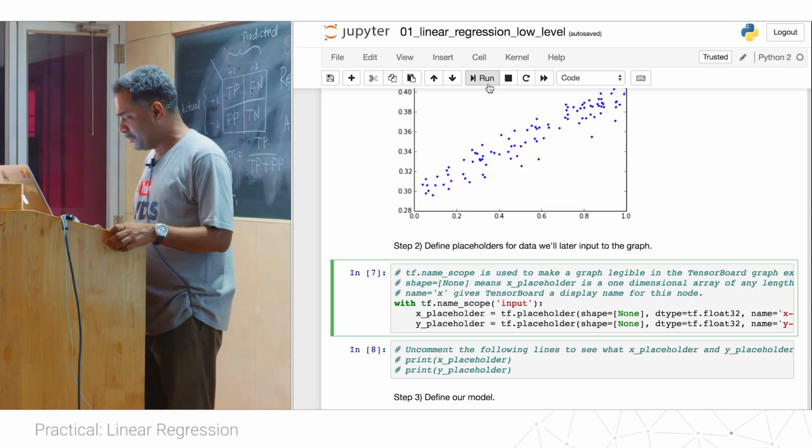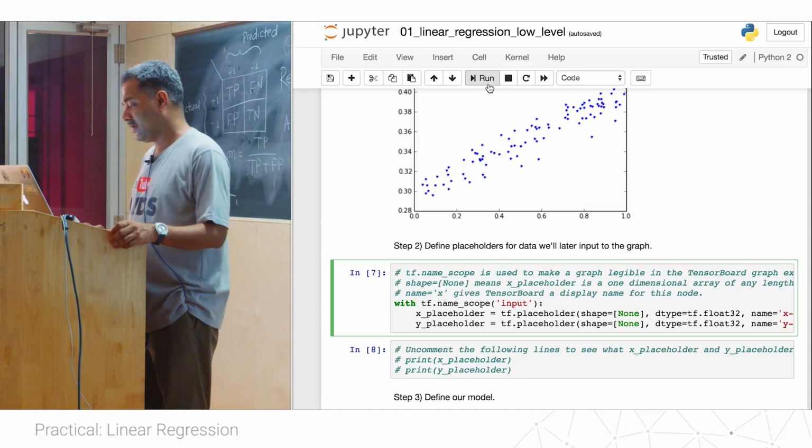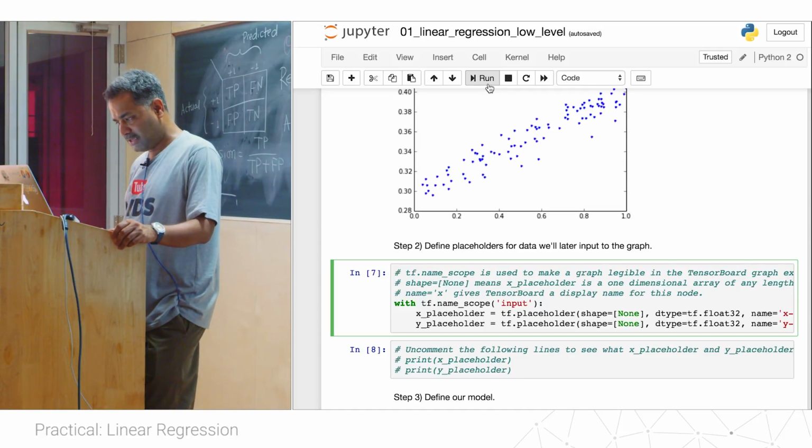Within the input scope, I am defining x_placeholder and y_placeholder. I am not defining any shape, I am saying that they are of type float and their names are x input and y input. So let's execute this.